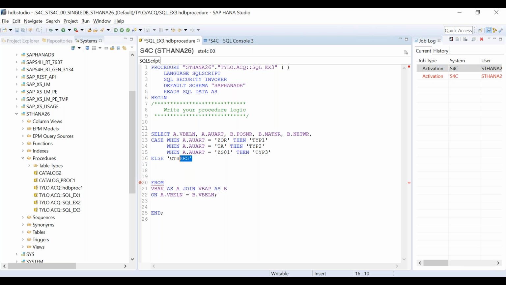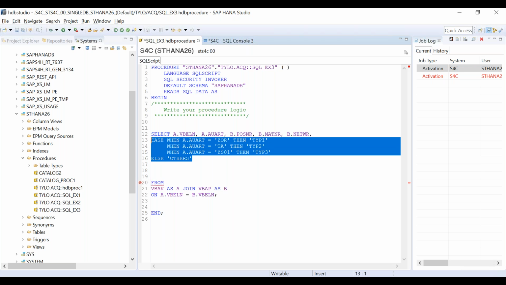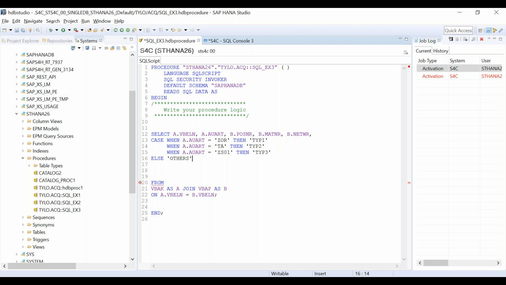Now, this is a column you see here. This is a column which we are generating at runtime, so we have to give a name also, any dummy name. So we write as type_description, and that's it. So this is my case statement.